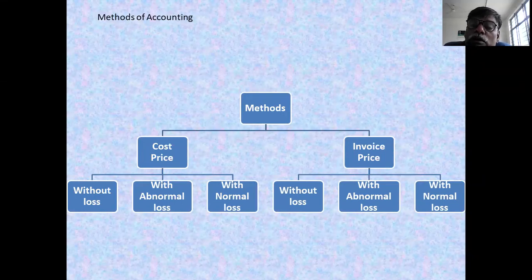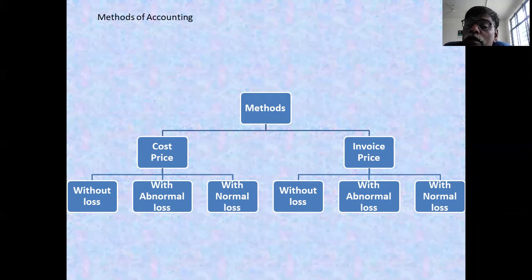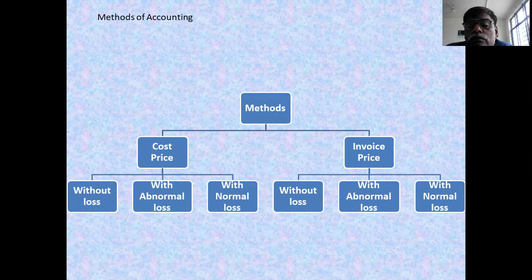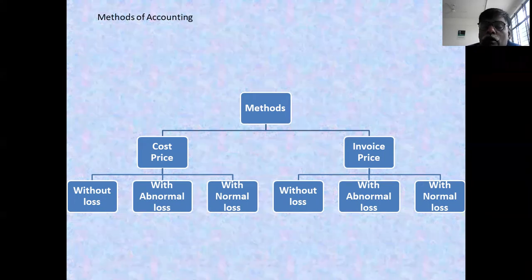So, normal loss is the loss which is uncontrollable, which is beyond your capacity. And abnormal loss is the loss which is controllable, because this is because of your negligence. Because of your mistakes, if there is a loss, that is abnormal loss. I will explain the abnormal loss and normal loss in the next